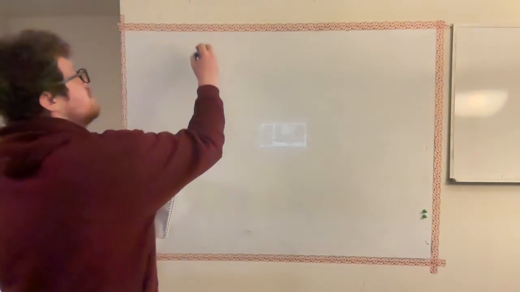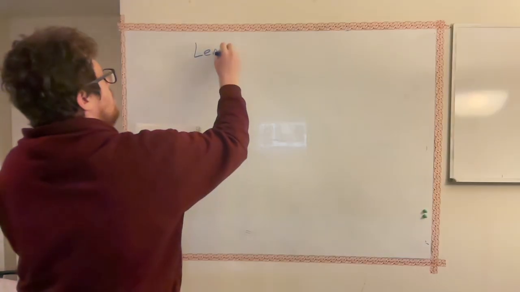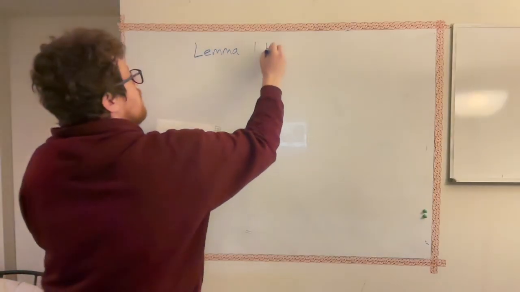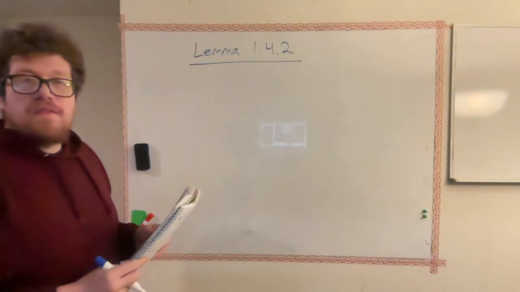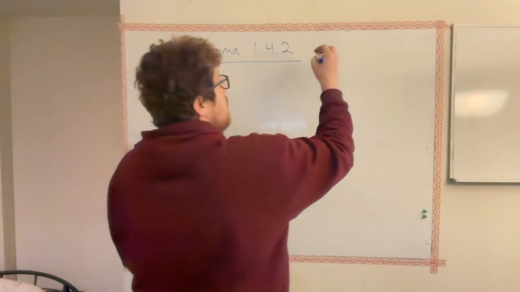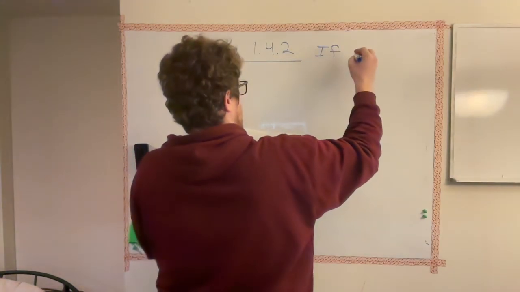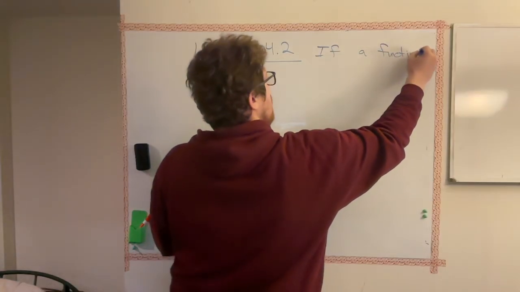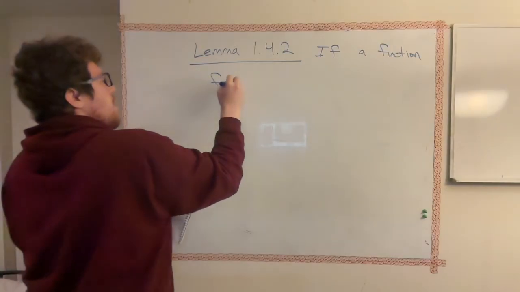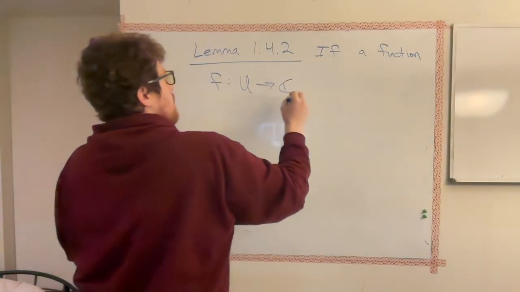Okay, so the next lemma, this is lemma 1.4.2. And this says if a function f from U to C is holomorphic,